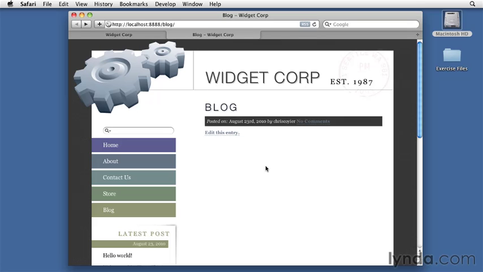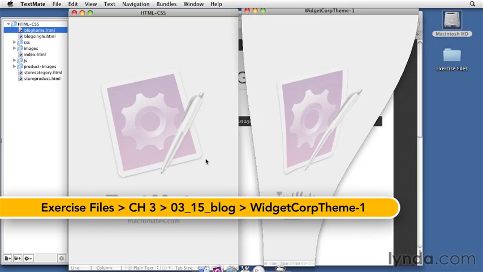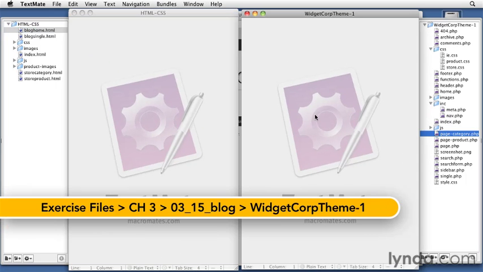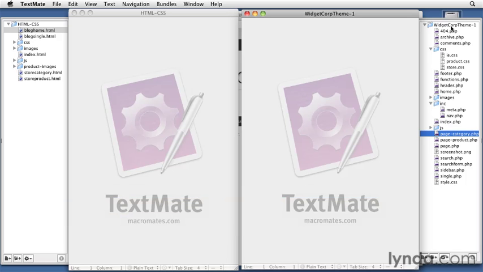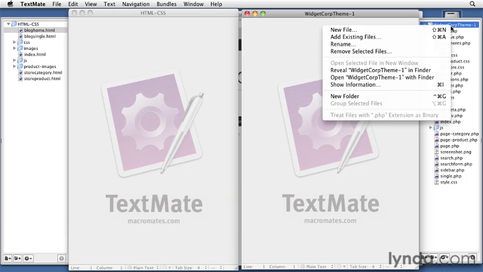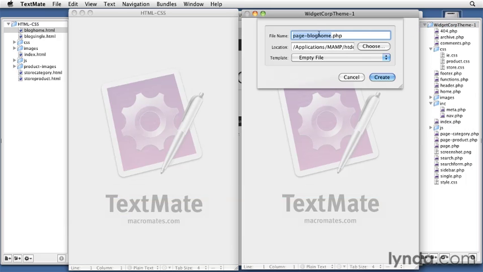So to do this, we're going to create a new template in our theme whose sole job is for the blog homepage. Let me open up our project here in TextMate. We have our static HTML on the left and our WordPress theme on our right. We're going to be making a new type of page just for this blog home. So let me go ahead and do that, make a new file. I'm going to call it